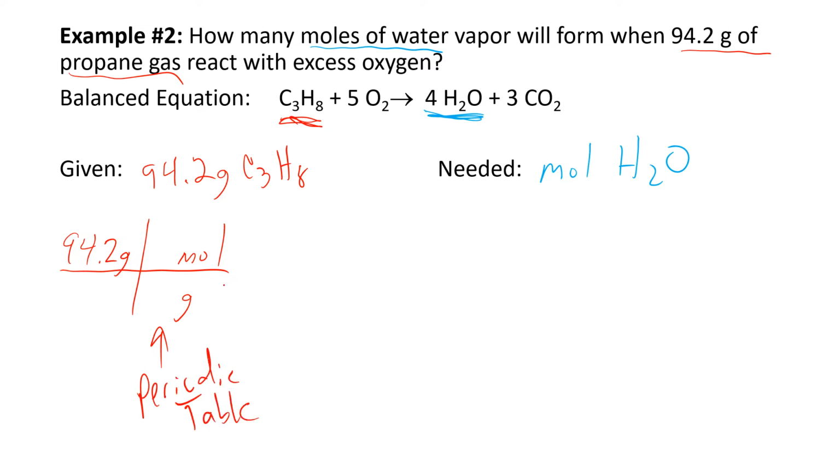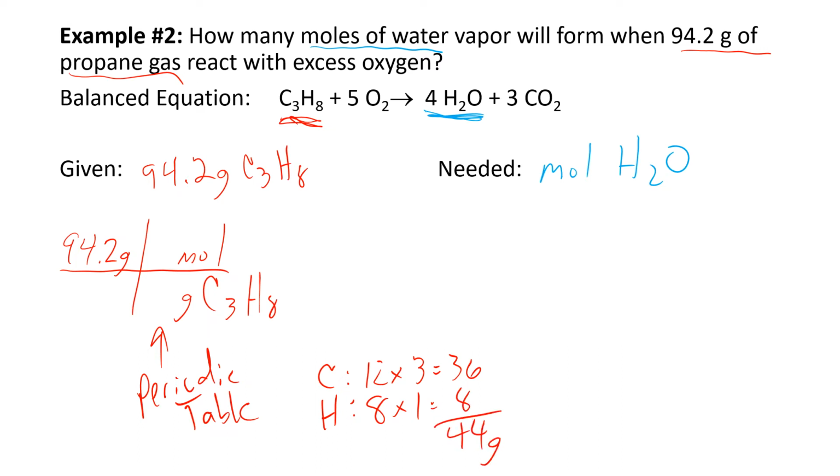And you will see on the periodic table that C3H8 is there's 12. They weigh 12, and there's 3 of them, so that's 36. And the H, there's 8 of those. Each one weighs 1, so that's a grand total of 44 grams. So that's 44 grams in 1 mole of C3H8. So that gets us to the C3H8, which we now need. So if we do that out real quick, you'll see that's 2.14 moles